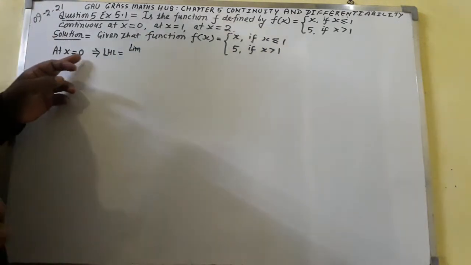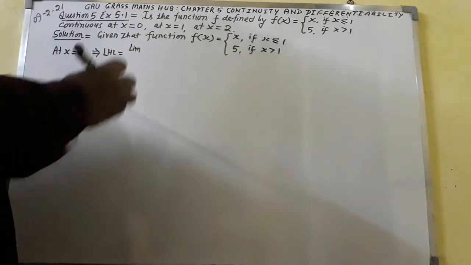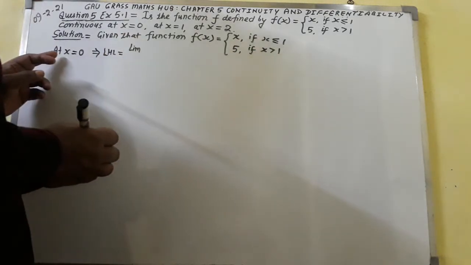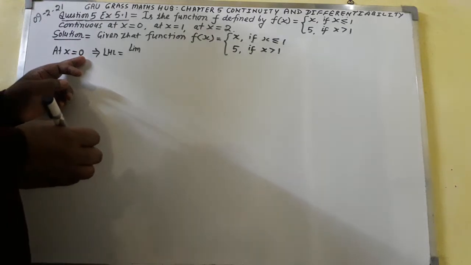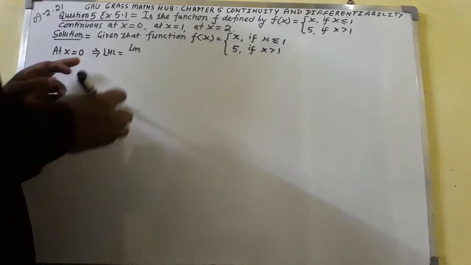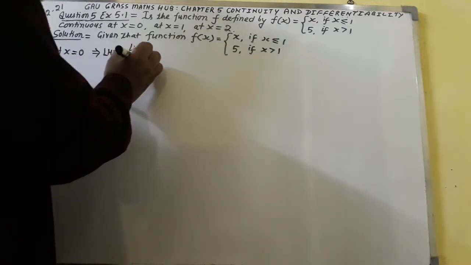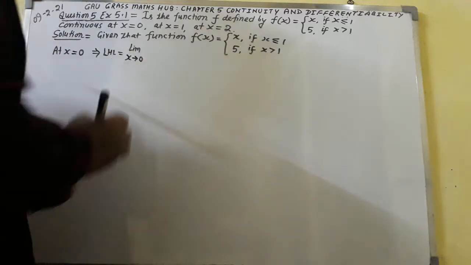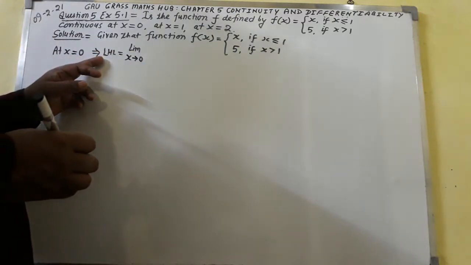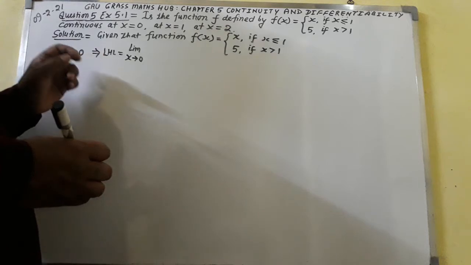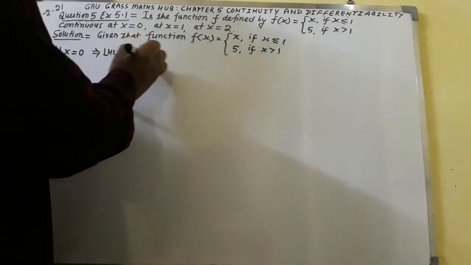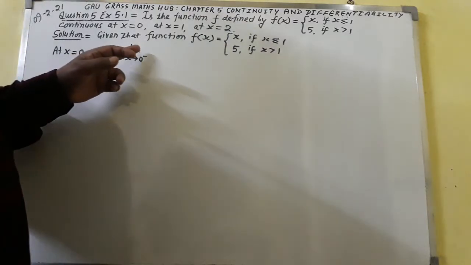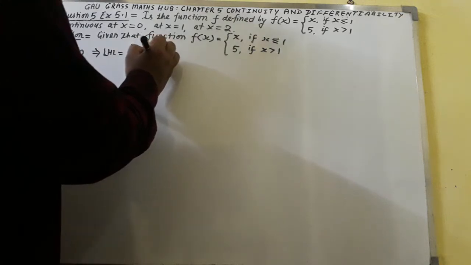Here it is written x equal to 0, so for that I shall write here x tends to 0. Here we have to show left hand limit, that's why I shall write here negative. The left hand limit, x tends to 0 negative, f of x